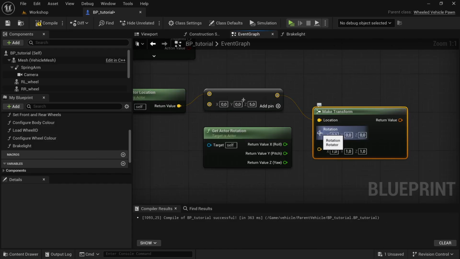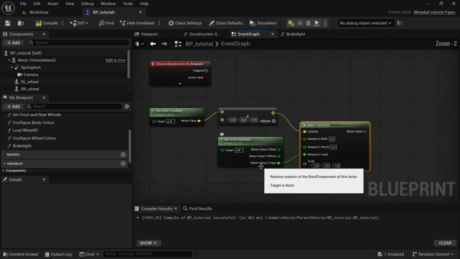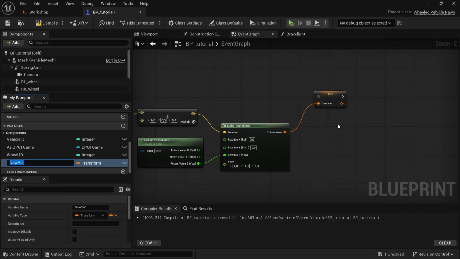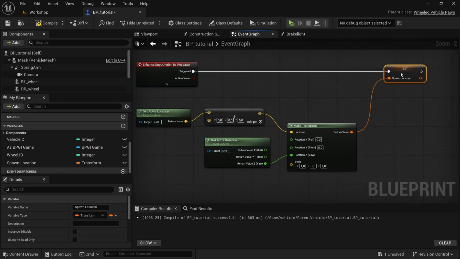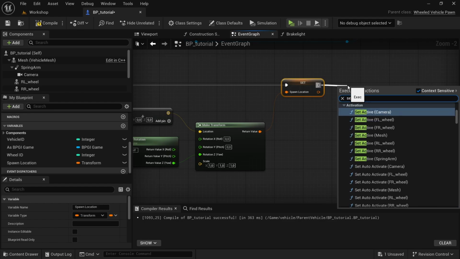Select the rotation pin, right click and then split struct pin. We're gonna take the Z and then connect it to the Z as well. And then from the return value, we're gonna drag off and then we're gonna promote this to a variable. We're gonna call this spawn location, connect the execution pin, and then we're gonna drag off from there and then we're gonna look for set